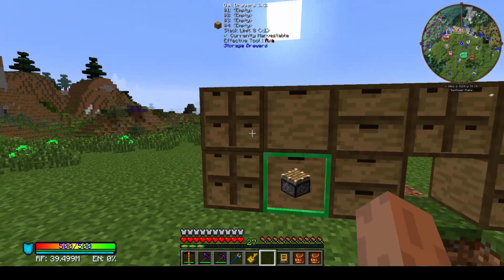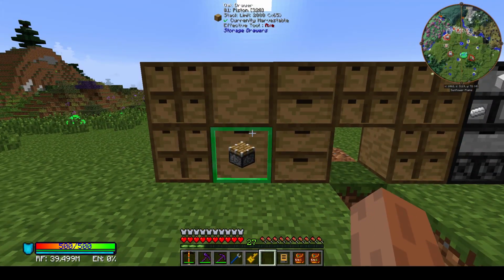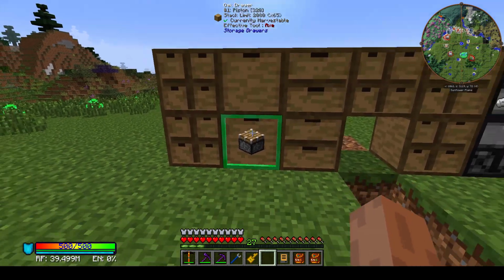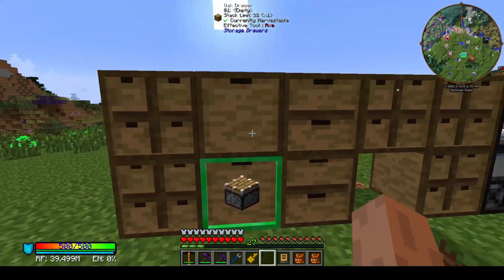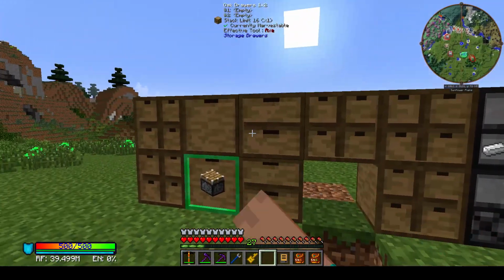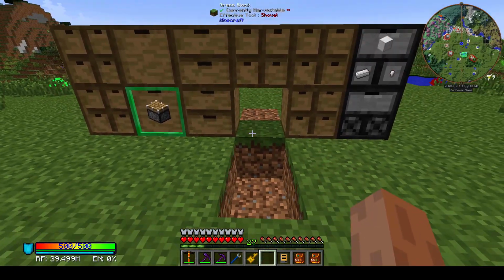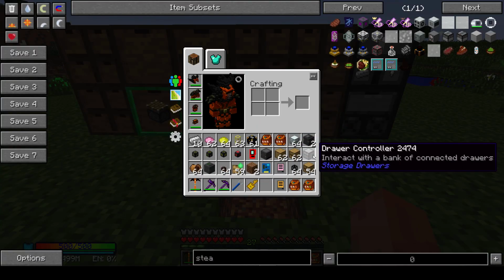So to begin with, just build a wall of storage drawers. A lot of people aren't a big fan of these to begin with because they only store one item type in each of these drawers, and you have to kind of wander around to collect your items and everything. But the way that we build the system overcomes that limitation very quickly because we install a controller block, this